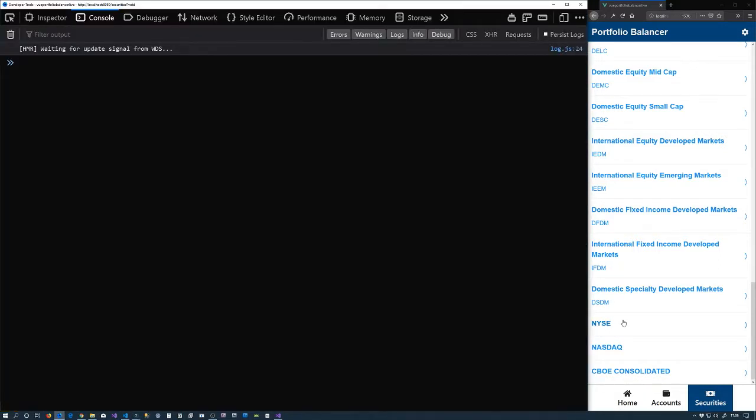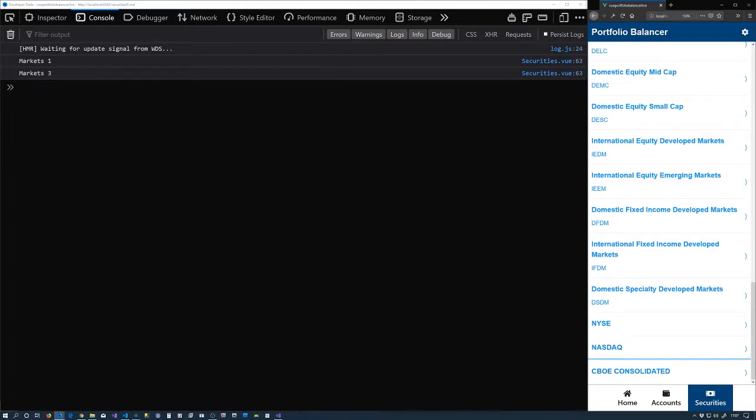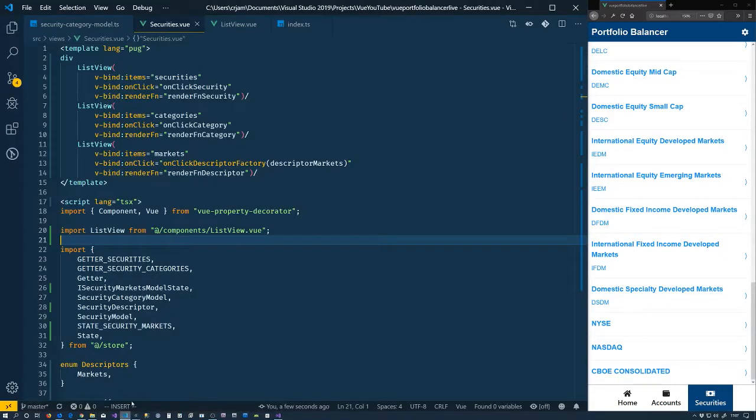We go back and we click on one of them. We get markets and the ID, so we can tell we're dealing with a market and which ID. So actually we're getting the object back. So that's good. So I think the only thing we need to do to finish things up is bring the other things in,